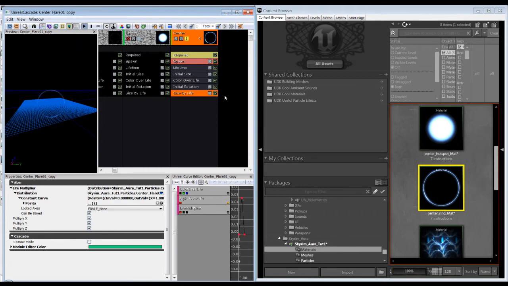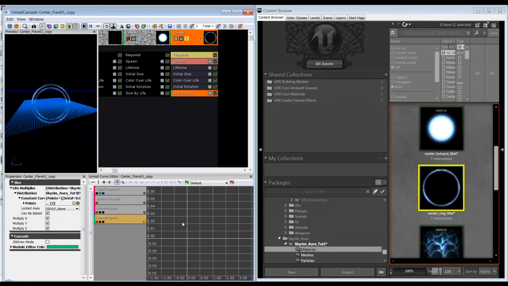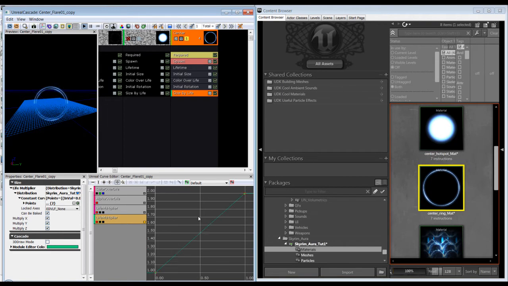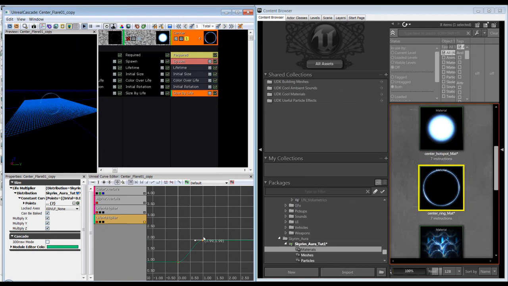And I think we'll do the size over life, so we'll take a look at that. And what you can also do is, right now this curve is very linear, so you can hit Control Alt, click and drag, and then you can click on the A, which is Curve Auto, and you can give it a nice slow fade up if you'd like, or you can select, say, the bottom one and make it quickly jump up. You get different results on how you move the curve. So I'll make it